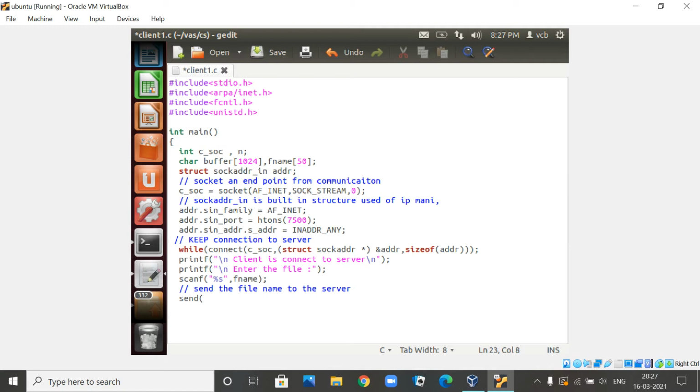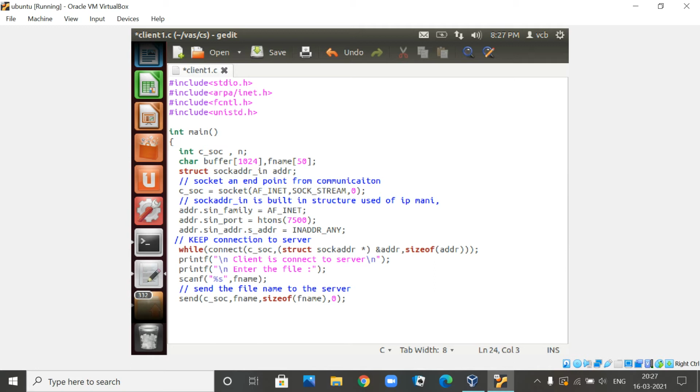So we use the socket: s underscore socket, comma, pass the file name, that is fname, as your argument, and the third one is the size. So you pass the size of this file name, and the last argument will be 0.